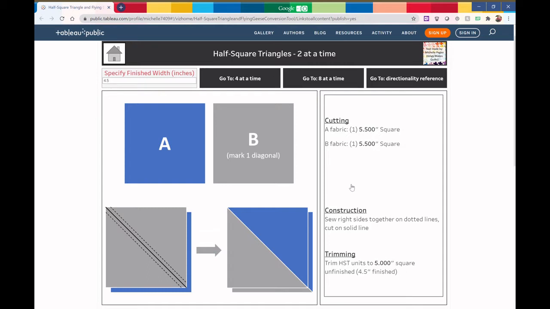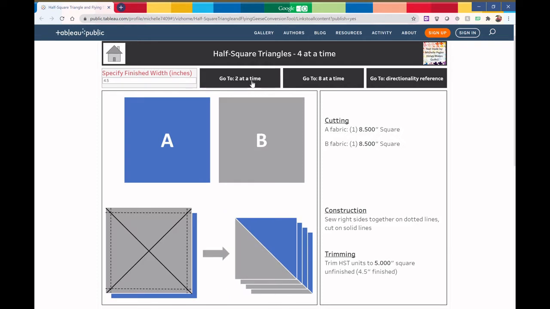But let's see, what if I want to make 4 at a time, the same size? I can click this link here to go see what I would need to cut. So you can see the pictures here updated to show the new sewing and cutting lines, and also my cutting and trimming measurements have changed. So if I was doing 4 at a time, HSTs that were all going to finish at 4.5 inches, I would need to cut an 8.5 square out of each fabric and then trim the units to a 5-inch unfinished